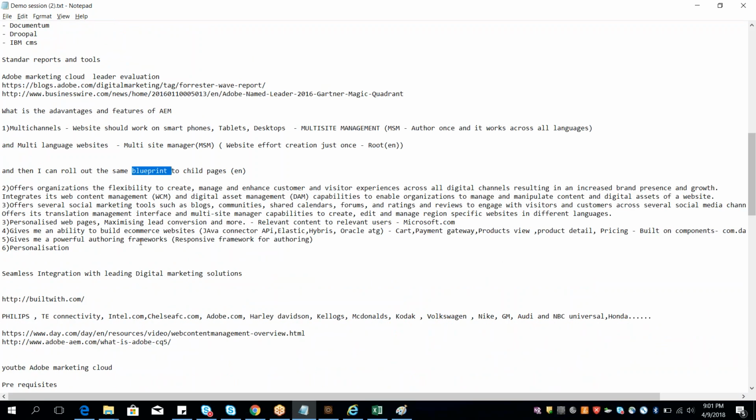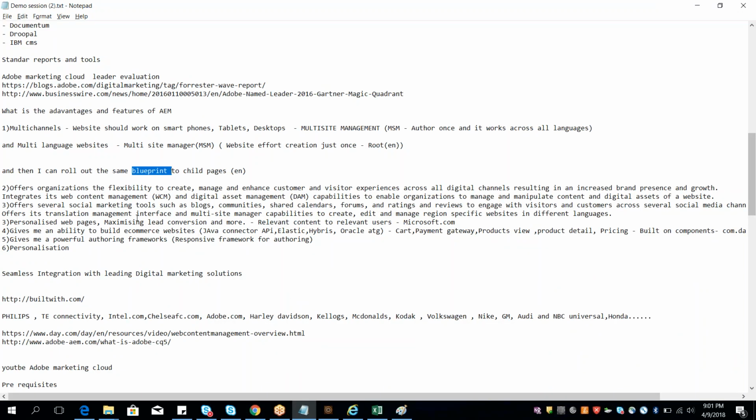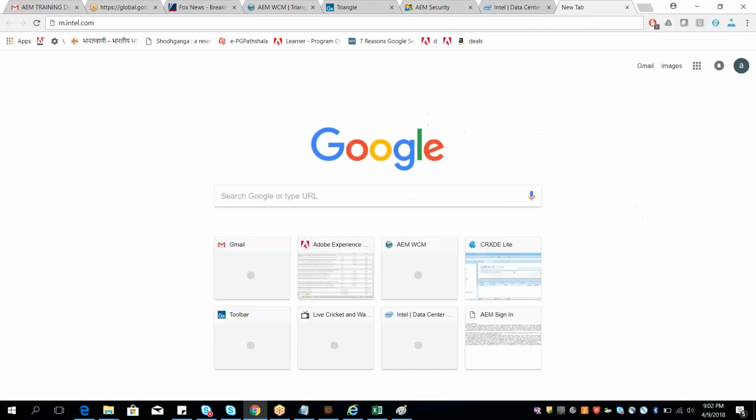Okay, that's the first advantage of AEM. The next advantage is it gives me a single place for managing all the digital assets of my website. Like I told you, what do I mean by digital assets? Digital assets are your images, videos, documents. All these sit in one single location for a website. For example,